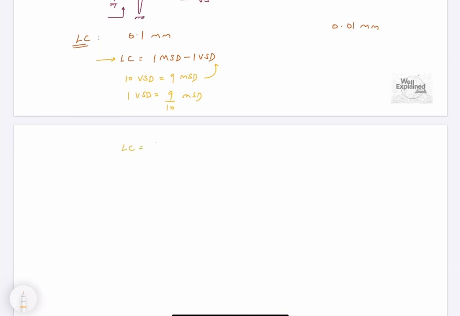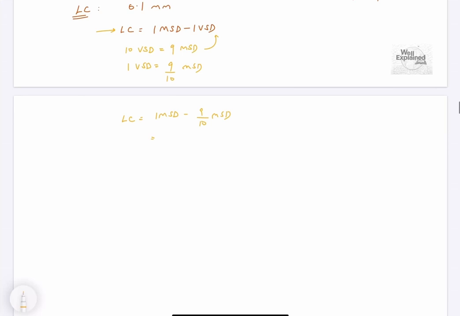So LC equals 1 MSD minus 1 VSD, which is 9 by 10 MSD. MSD, you can just take it out. So 1 minus 9 by 10, which is 10 minus 9, which is 1 by 10 MSD. What is this MSD? They'll give you the least count of the MSD, which is nothing but 1 centimeter. So 1 by 10 centimeter, which is nothing but 0.1 centimeter, which is nothing but